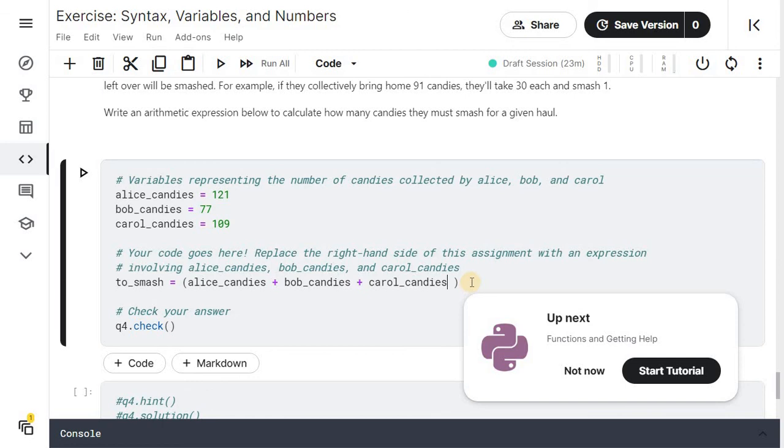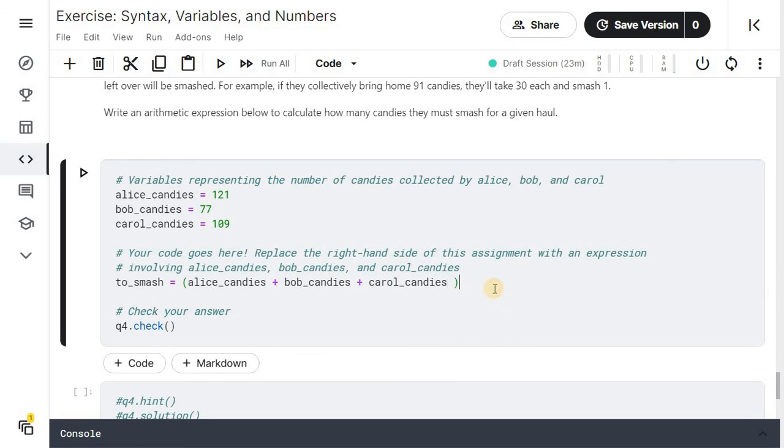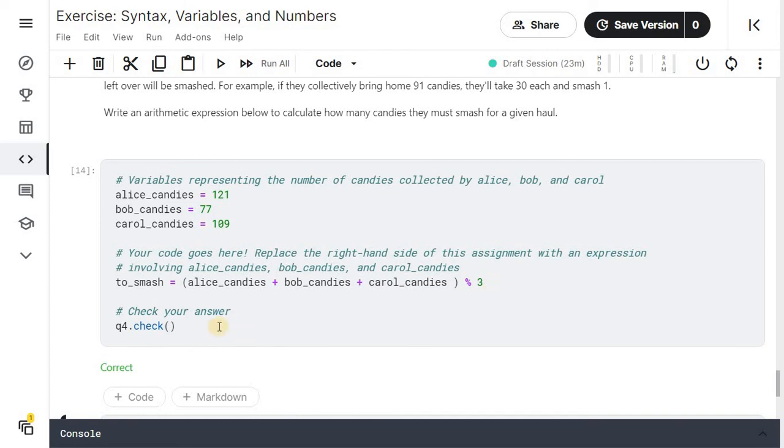Then we require remainder, so we will use mod operator and we will divide the addition by 3. Click on the cell and run the cell. You will see when we check the solution, it gives a output correct.